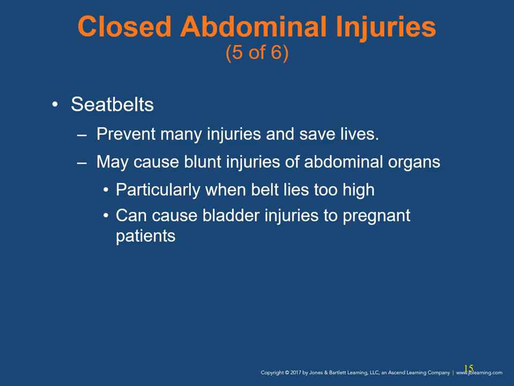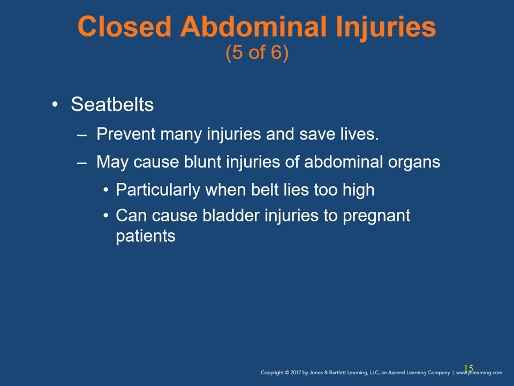Injuries from seatbelts and airbags. Seatbelts have prevented many injuries and saved many lives, but they occasionally cause blunt injuries to the abdominal organs. When worn properly, a seatbelt lies below the anterior superior iliac spines of the pelvis against the hip joints. If the belt lies too high, it can squeeze abdominal organs or great vessels against the spine